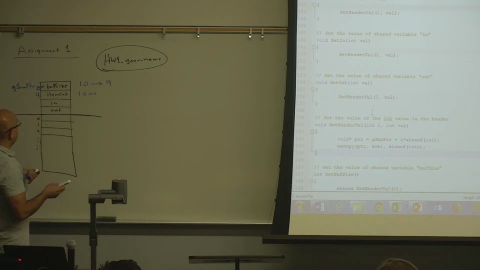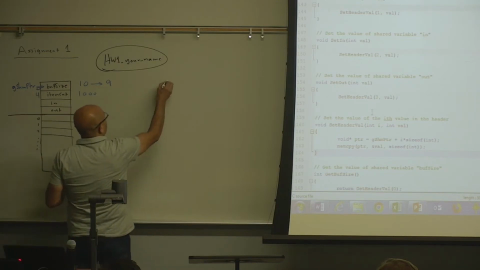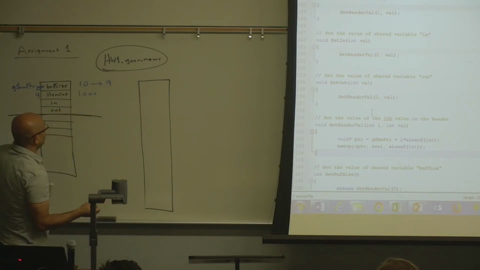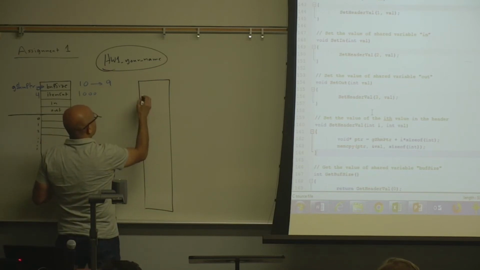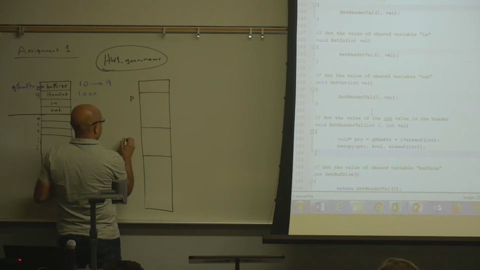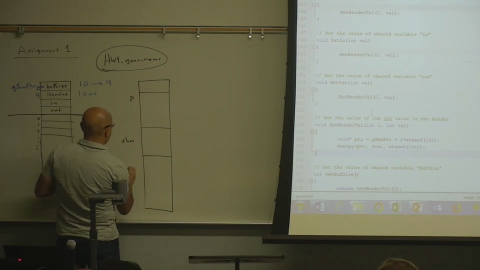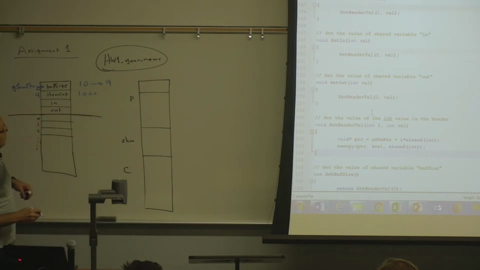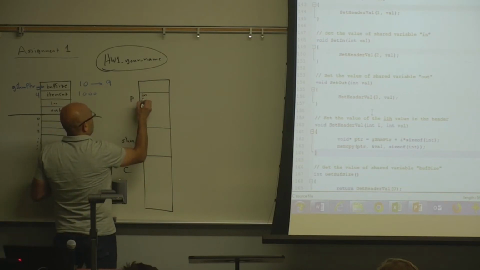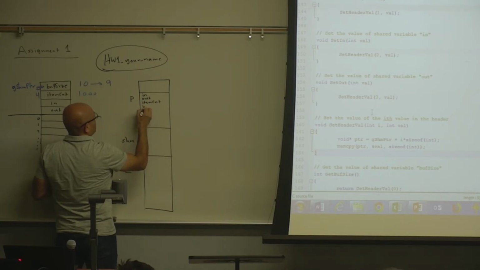So for example, let's draw this in memory. This is a memory image, and in memory you'll have the producer. This is the producer, and let's say that this is the shared memory, and this is the consumer. The producer will have its own values. It will have in, out, item count, and buffer size, among other things.